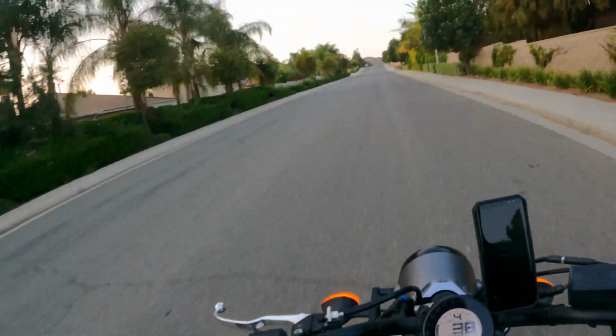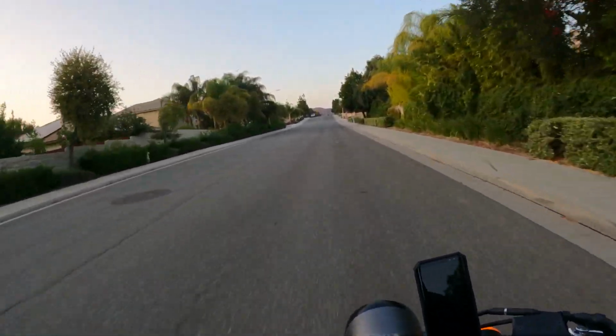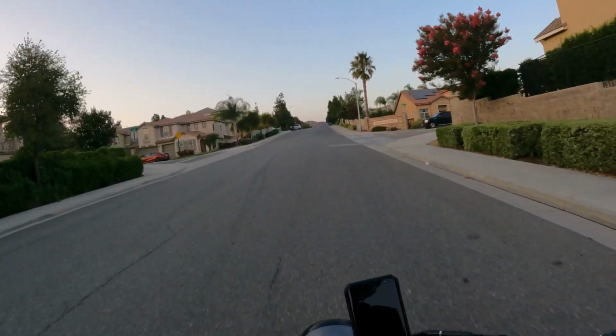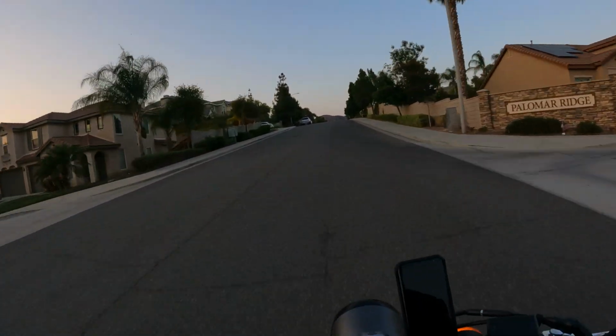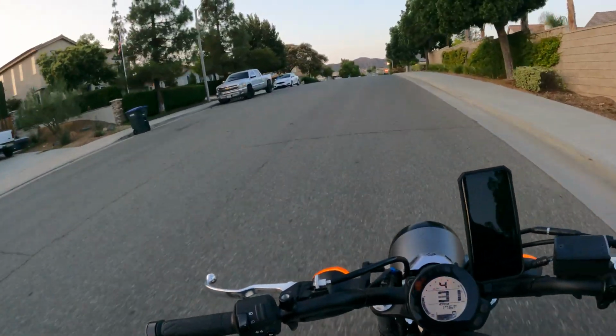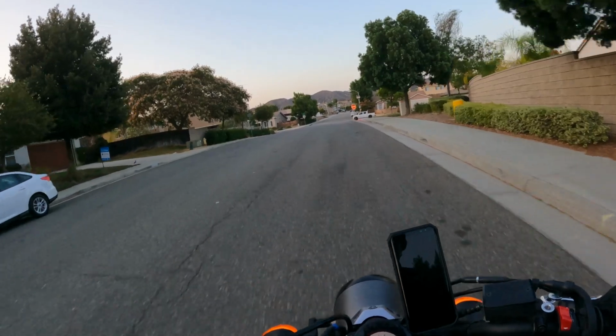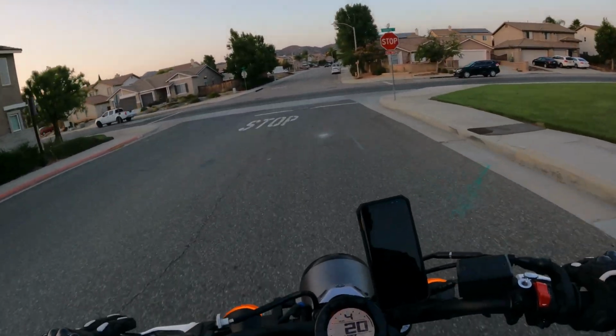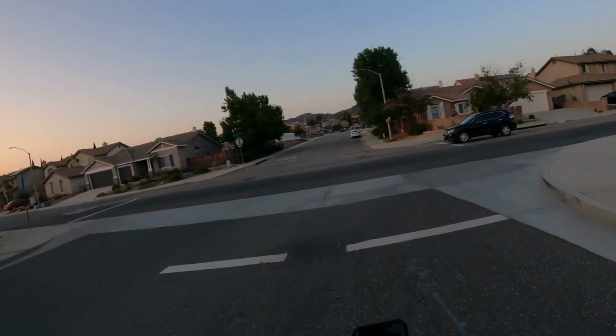But yeah, I love bikes with shorter gearing too. That's why I'm not a big R1 liter bike, sport bike guy. I like the gears. I like that this thing's geared kind of like a Miata, and a regular cruiser isn't going to be geared super tall either, especially a torque-based motor. So without going too much in depth,